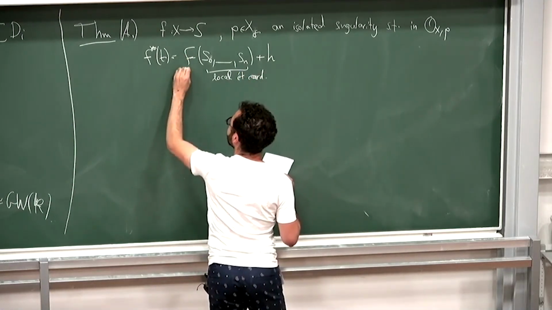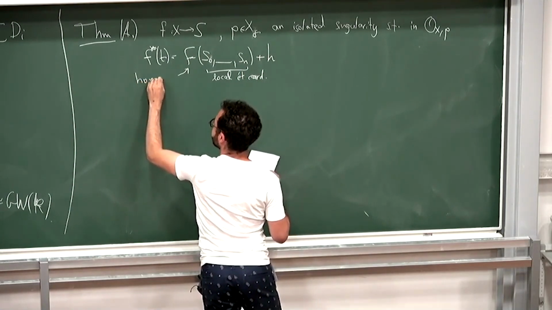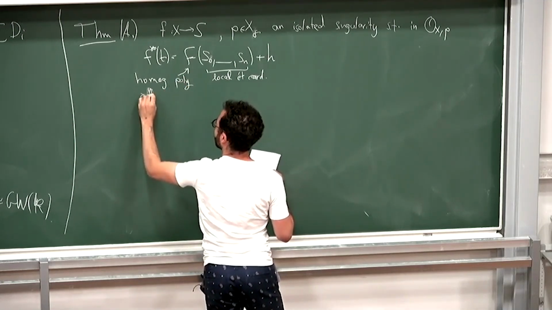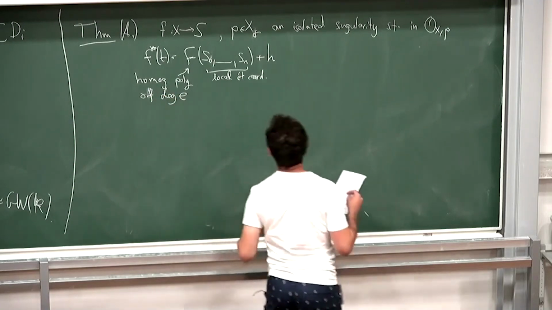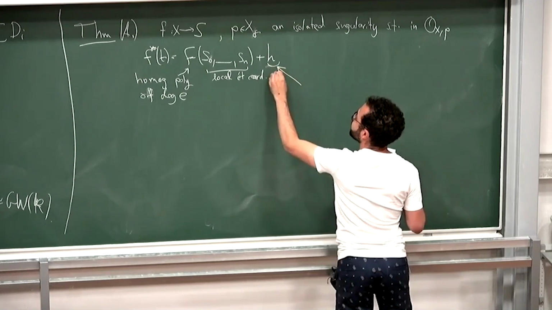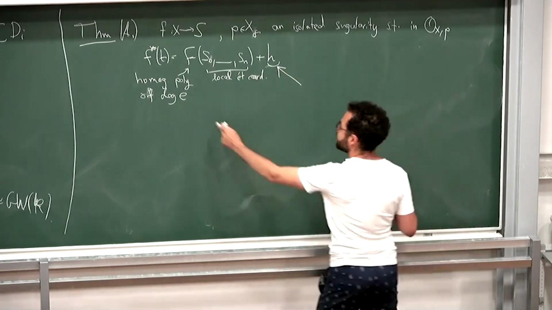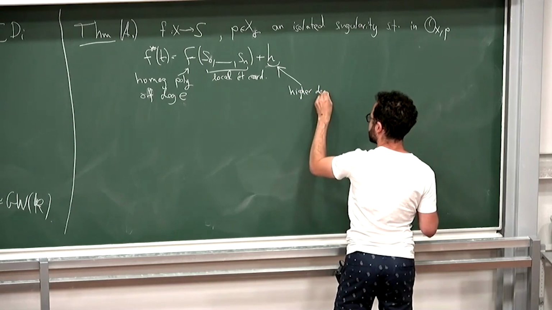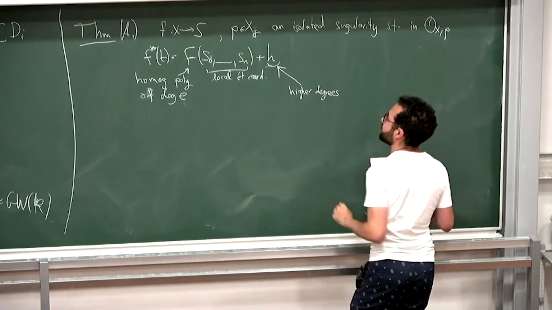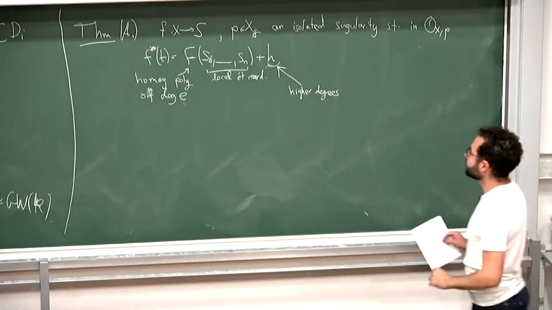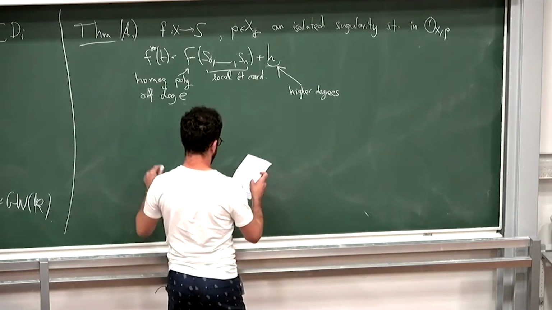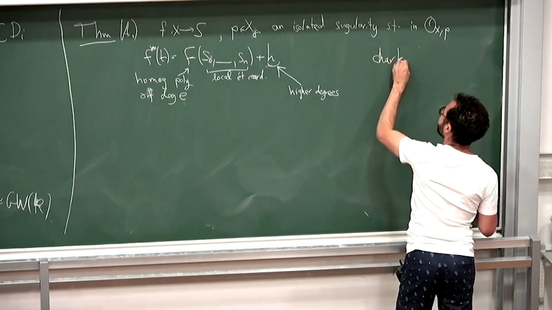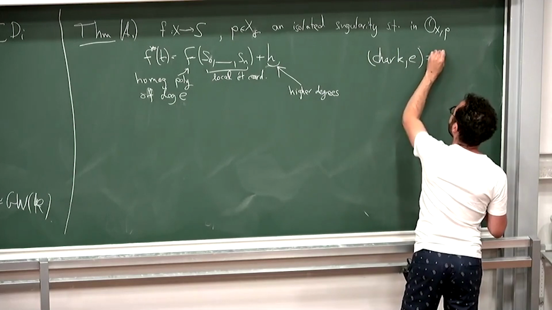and f being a homogeneous polynomial of degree e, and higher terms having degrees higher than e in the expansion. So if we are in this situation, then we can compute, and well, the exponential characteristic of k is coprime to e,